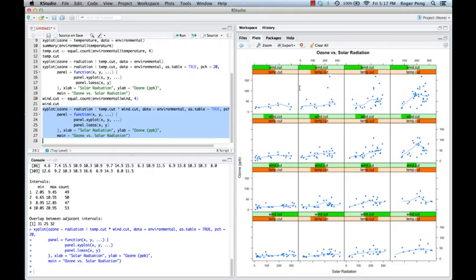So you can see how the relationship between solar radiation and ozone changes for different combinations of low wind, high temperature, low temperature, high wind, etc., or maybe medium wind and medium temperature. And you can see that the relationship is perhaps most interesting for high temperature and then maybe low to moderate wind. In this upper right corner over here, you can see there's an interesting nonlinear relationship